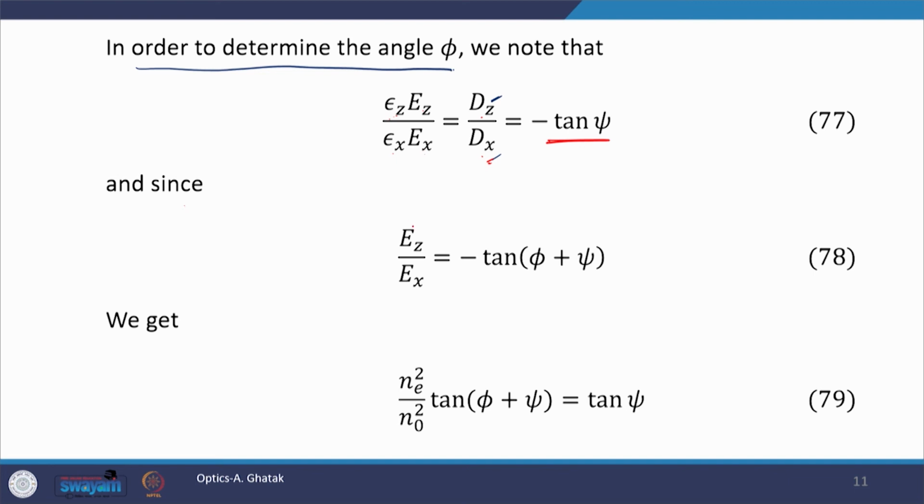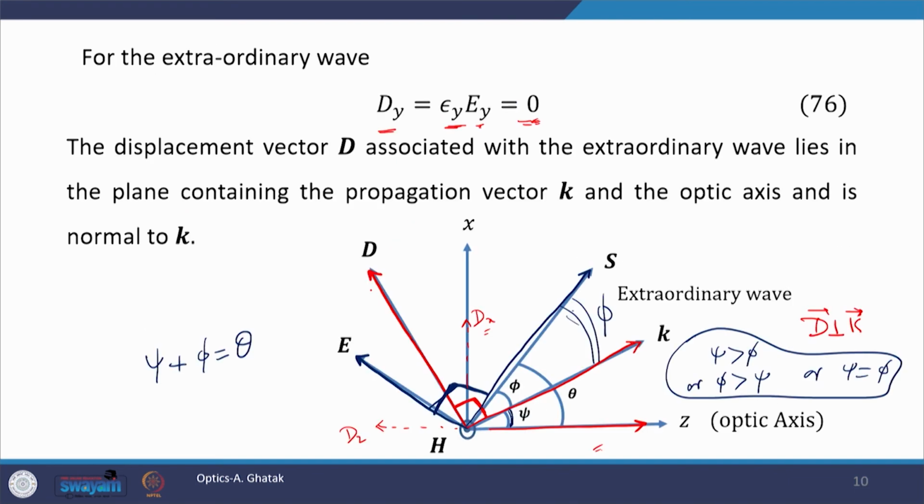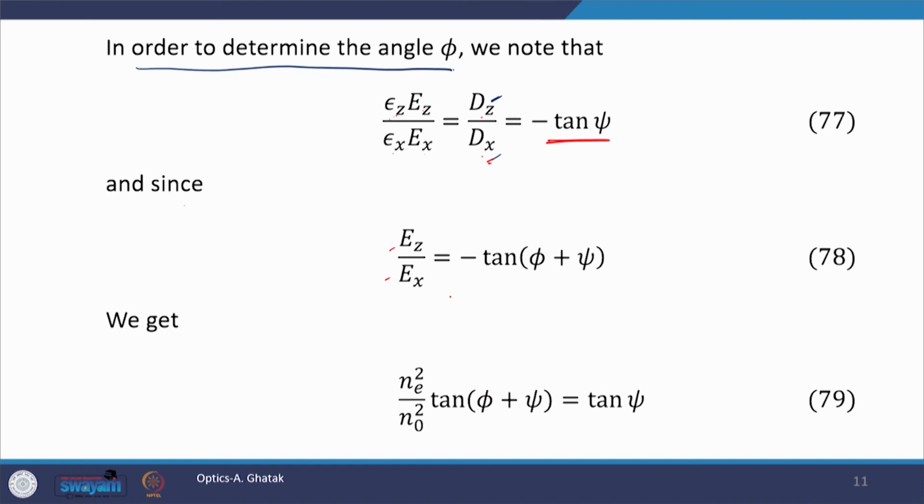And similarly, from the figure, E is pointing in this direction. Therefore, Ez upon Ex, since E is perpendicular to S, we will take this angle theta into account. Ez upon Ex would be minus tan theta, and theta is equal to phi plus psi. Therefore, Ez upon Ex would be minus tan of phi plus psi. Now, let us substitute the expression of Ez upon Ex from equation 78 into equation number 77, and this gives this relation,